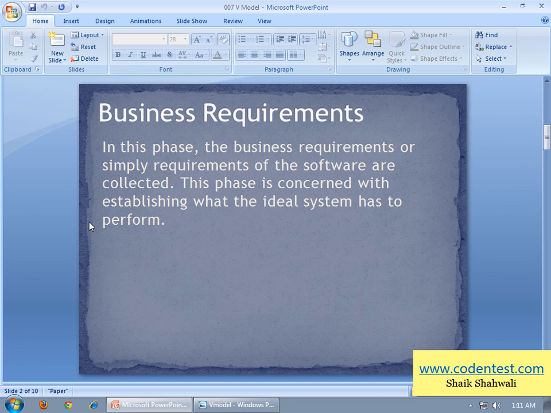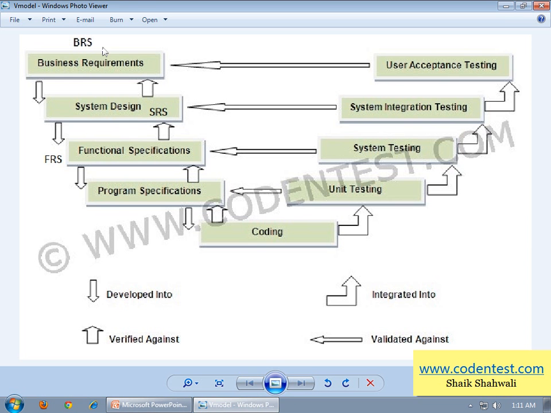Clients are interviewed and a BRS document is generated. The full form of BRS is business requirement specifications, and it has all the requirements agreed upon by both the client and the team. See here, in business requirements BRS is generated.